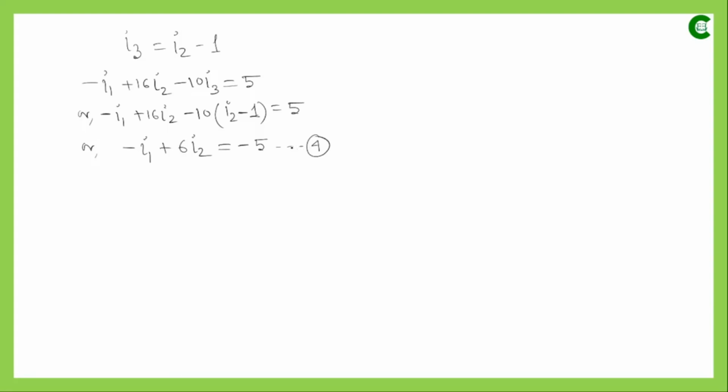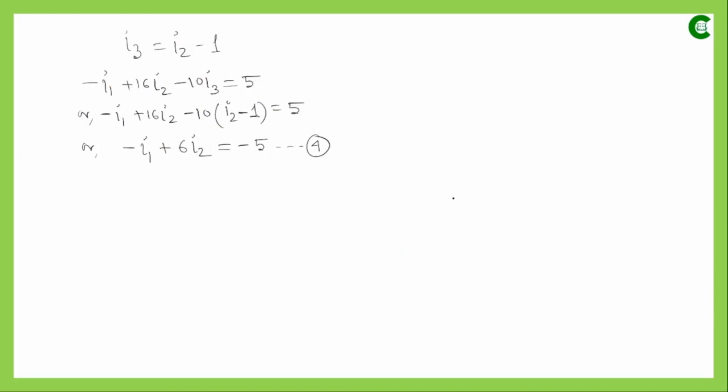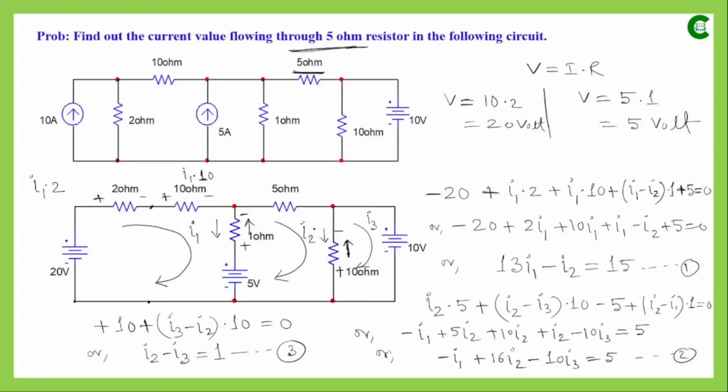We can name this our fourth equation. The first equation that we developed was 13 I1 minus I2 is equal to 15. Let me rewrite that equation again: 13 I1 minus I2 equal to 15. Now we can solve these two equations to find the value of I2. It comes to minus 0.649 ampere. That means the current, as per the clockwise direction that we assumed in those loops,